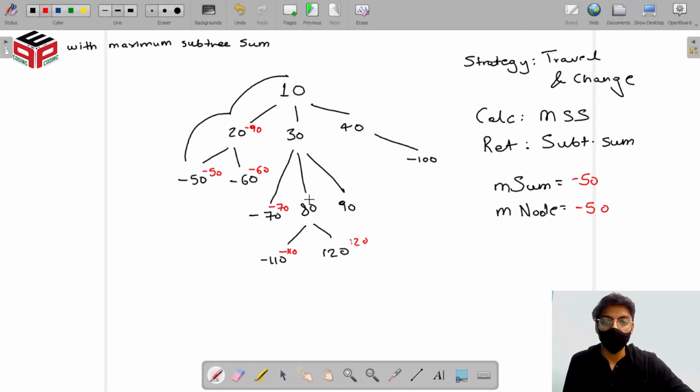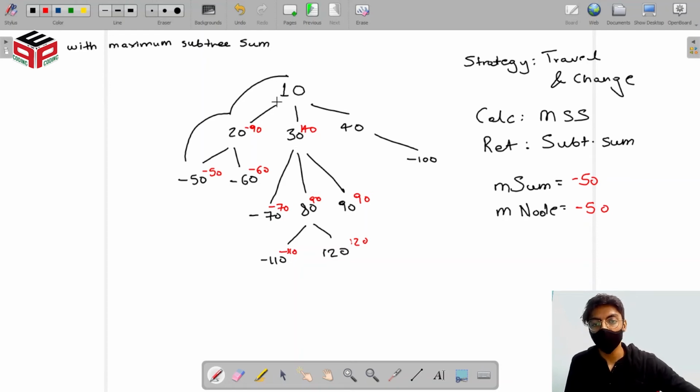Now that would make our subtree sum as 90. All the sum of subtree sums of all the children plus the current node. Then we go up, we go to the right again, we have 90. We go up again, and our answer will be 140 as we had just calculated. Replacing 180 minus 70, 110 plus 30, that's 140.